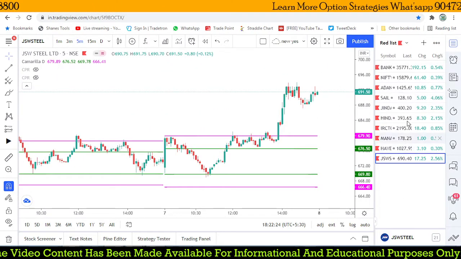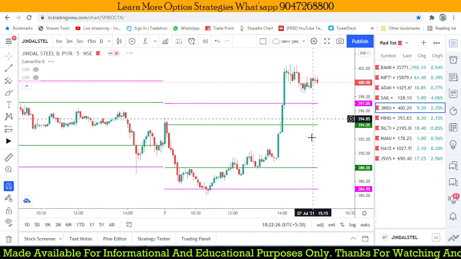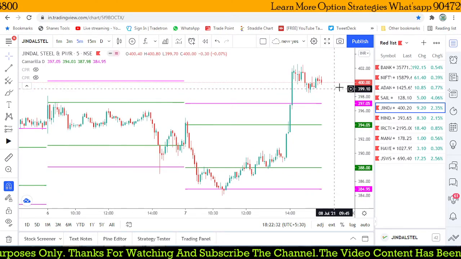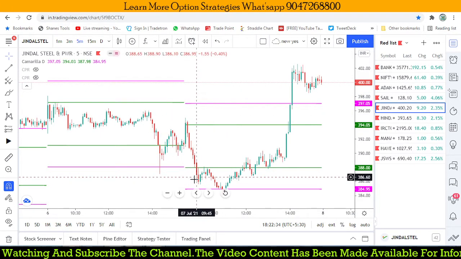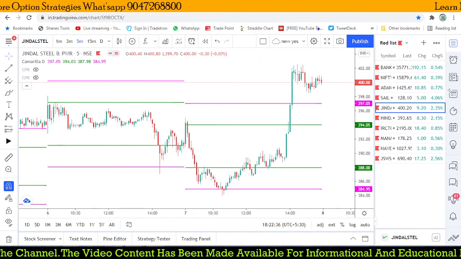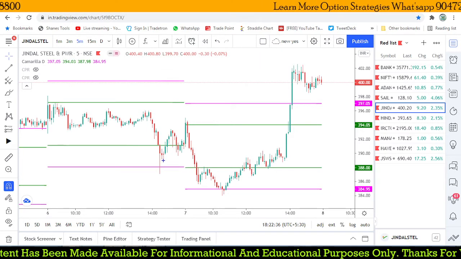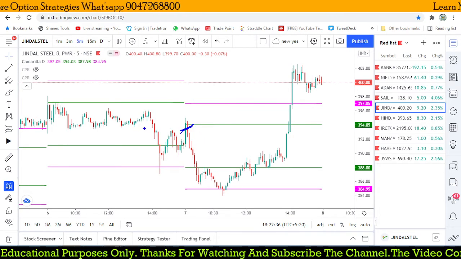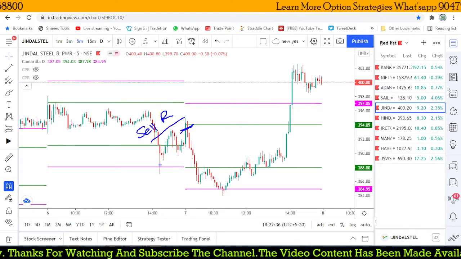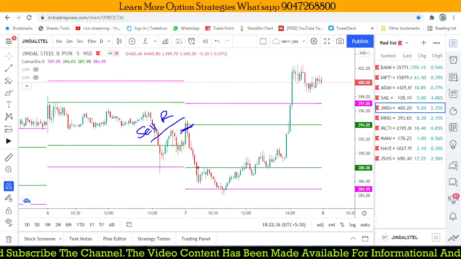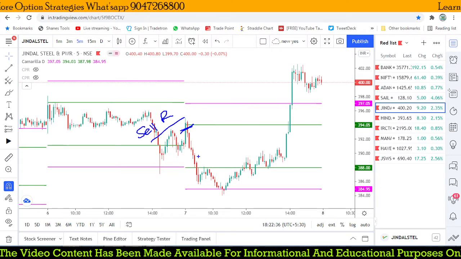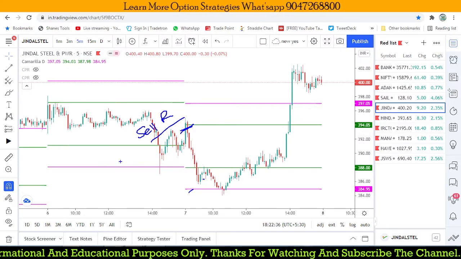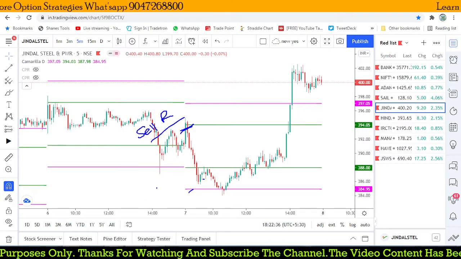Some stocks, like Jindal Steel, and today a lot of stocks broke out, and it gives such a nice profit. Here Jindal Steel has a lower value relationship to the previous day. Initially this morning itself we got some trade opportunity at the sell reversal. So what about the lower value relationship? We are focusing on a sell reversal, and we are not focusing on a buying opportunity, because we are expecting sell reversal and sell breakout. These two kinds of trades we are going to focus on here. What we are expecting at this level is around a sell breakout.